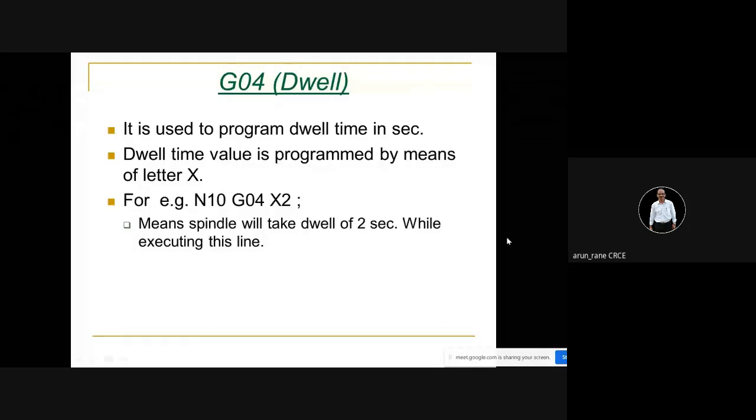If it is only X2, it will be considered as 2 millimeter. Now, in dwell, what happens? Instead of 2 seconds, the axis will come to a halt and only the spindle will keep on rotating. So this is required. Suppose you want to observe whether the tool condition is correct, whether the chips are being removed, whether the coolant is going down,